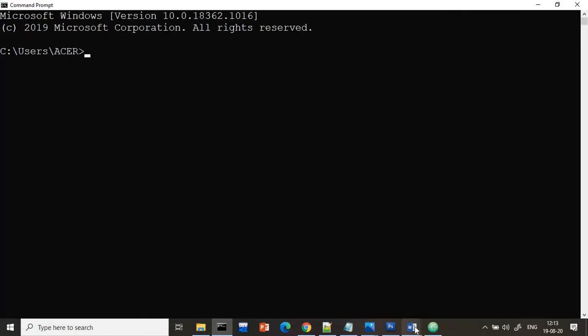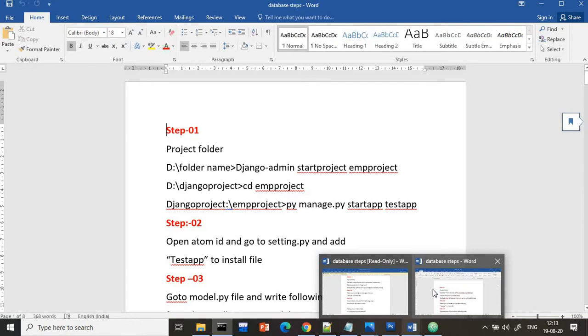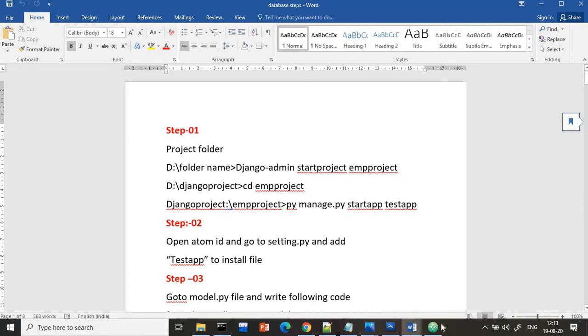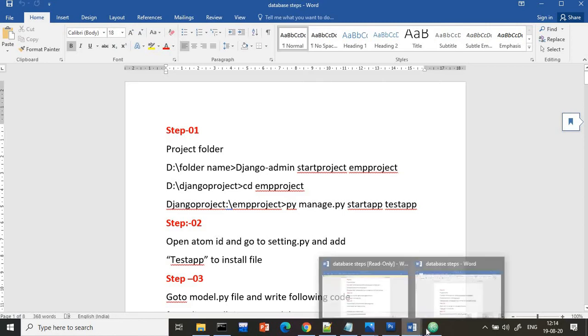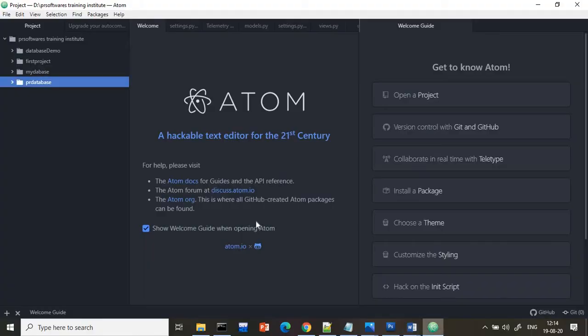Today I already created the steps in one folder so that things will be very easy. Some students from our morning and evening batches asked, please keep the steps in Word so that it will be easy for us. So I kept that Word file here also. Now see how to start it. Suppose in my folder, that is PR Software Training Institute.